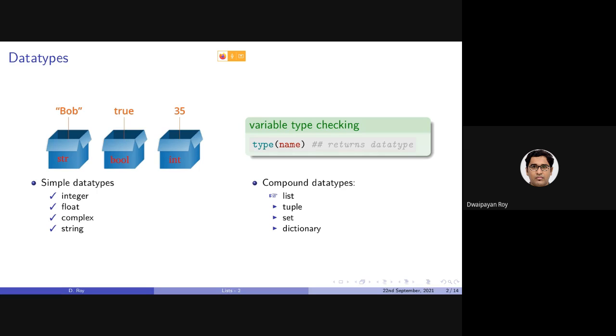So there are basically four compound data types in Python: list, tuple, set, and dictionary. We started with list. Now, one thing I must say here is that those of you who already have written some programs in programming languages like C, C++, or Java, or any other, must have written some code using arrays. In Python, there is nothing called an array, but the equivalent thing in Python is called a list. So you can say lists and arrays are kind of equivalent.